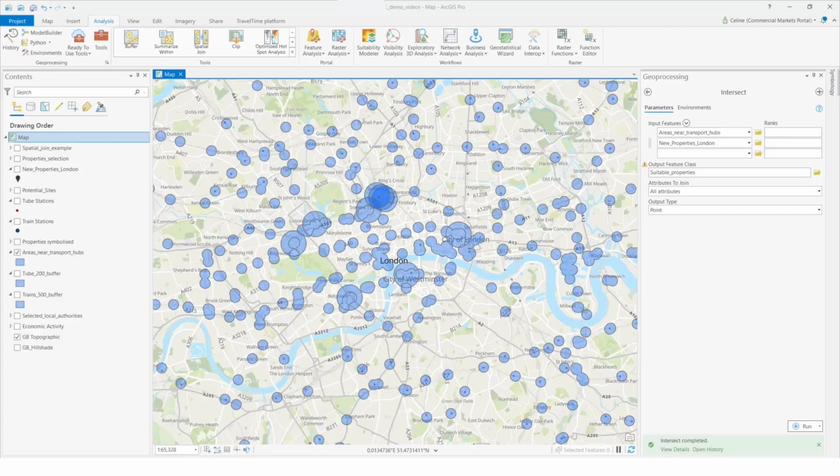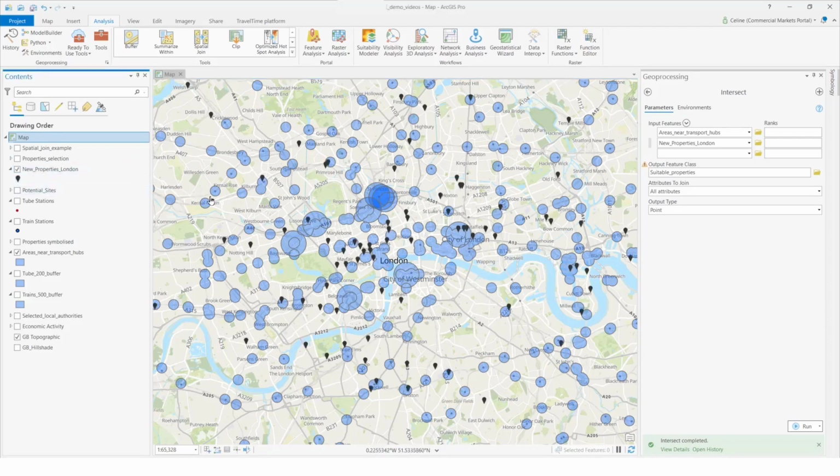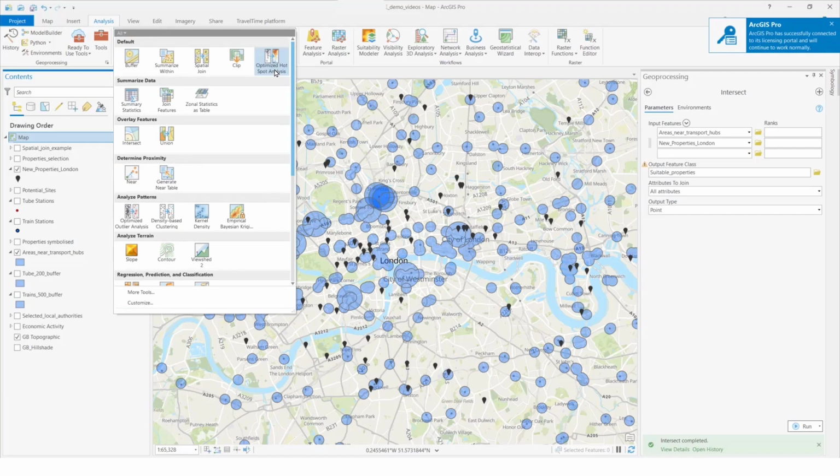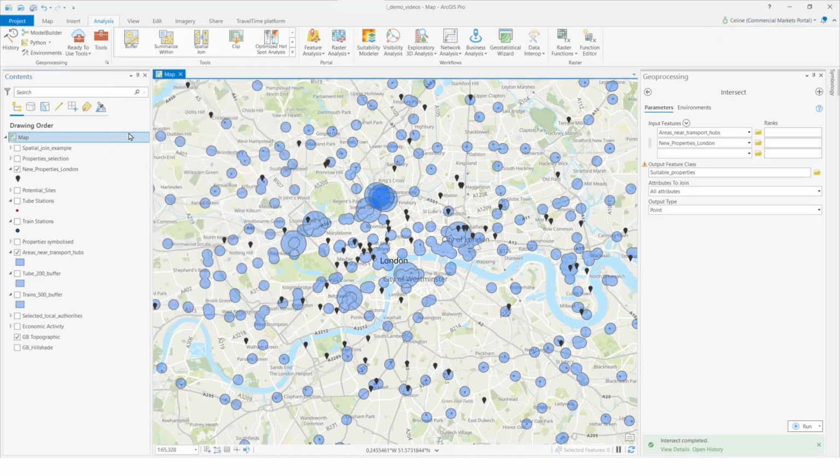So now that we've created this layer of areas that in blue are within an appropriate distance of transport hubs, we might like to display our properties layer again. And we can now use a tool called the Intersect tool, which is going to help us decide which properties are within the appropriate distance of a transport hub. So we find this again in the Analysis tab at the top. And if we click this arrow here and open this window again, it's not the union tool of the overlay feature tools, but it's the Intersect tool that we're going to use this time. So if we click that,